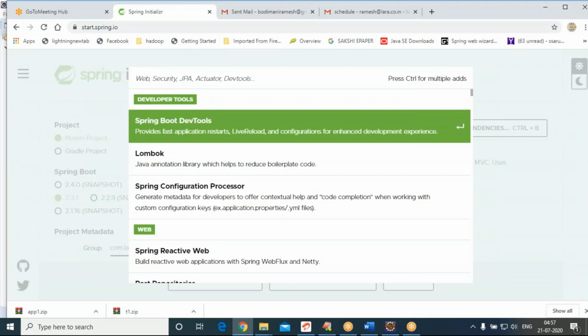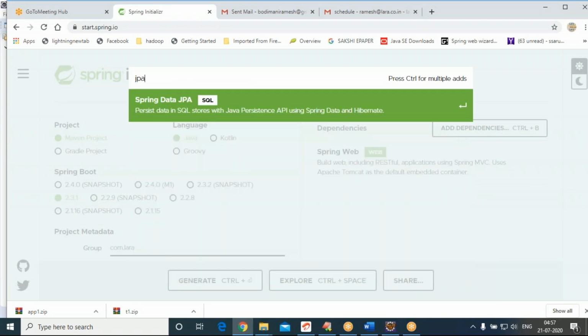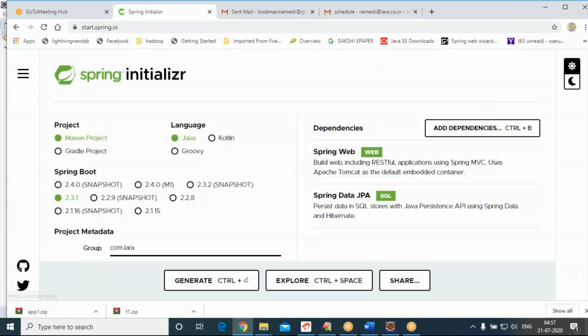The second one, Data JPA. Type Spring Data JPA or JPA or data. This is the framework which is used for interacting with the database.